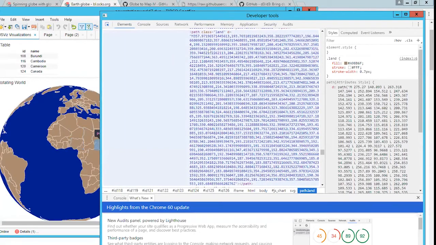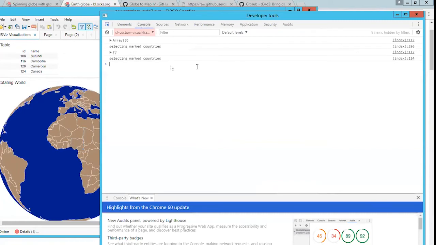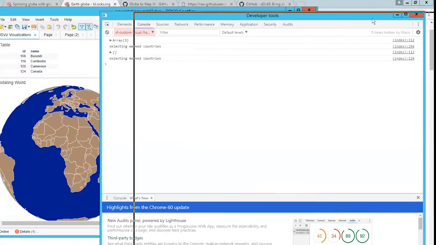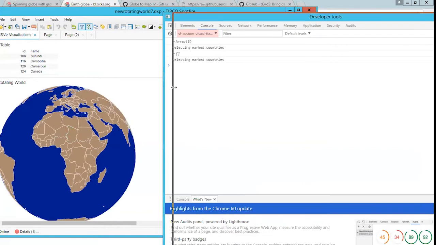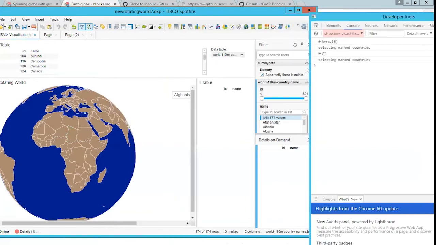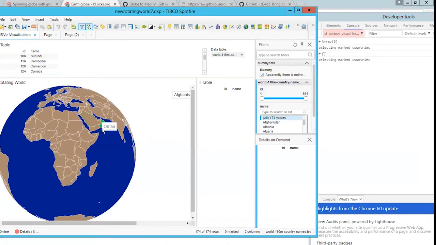It's also possible to use the console. So remember I did a few console.log statements. If I just click off this momentarily and interact with the visualization, we should be able to see some things changing. So if I did this, we can see the debug console